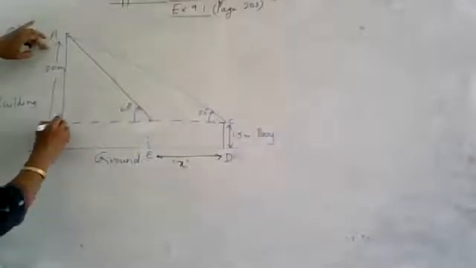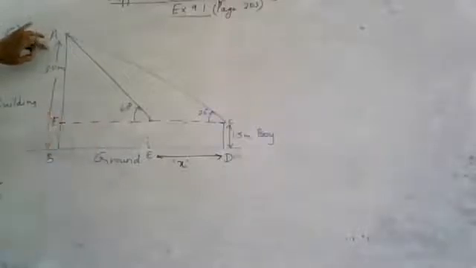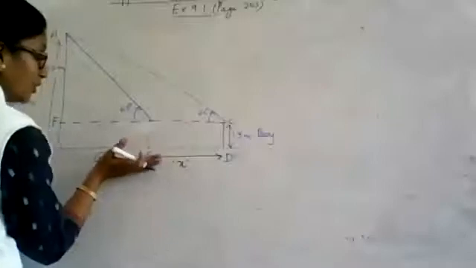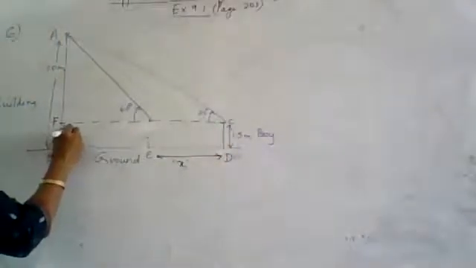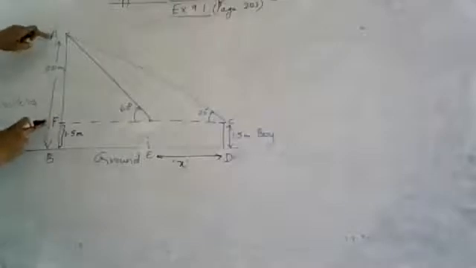If I mark another point here, say A, B, C, D, E is over, I mark this as F. What should be the length or the height FB? Is it given to me? FB is 1.5 meters, exactly 1.5 meters, because this FC is a line parallel to the ground at this height 1.5. So I can write this also as 1.5.